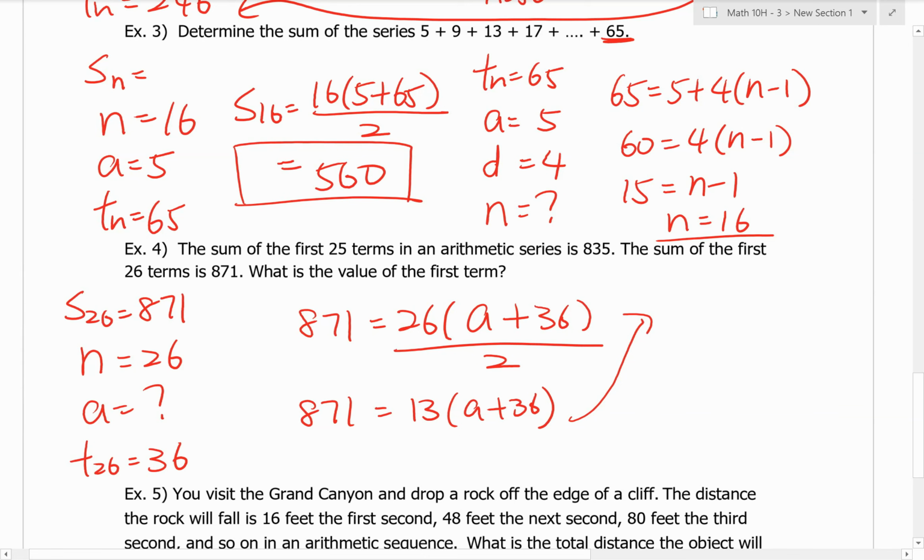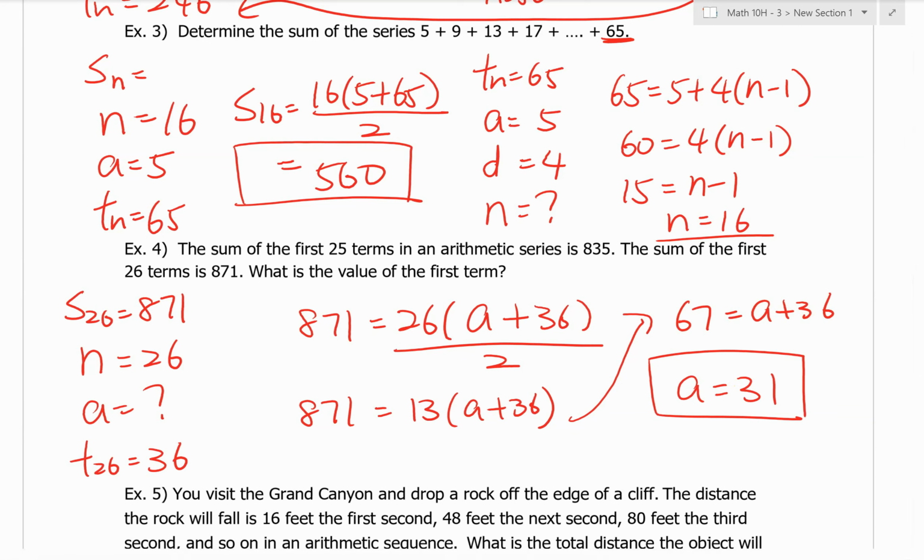A71 divided by 13 is 67. So 67 is equal to a plus 36. Minus 36 on both sides, you get a is equal to 31. So that is actually our first term. If the first term is 31 and the 26th term is 36, if you add all those terms together, S26